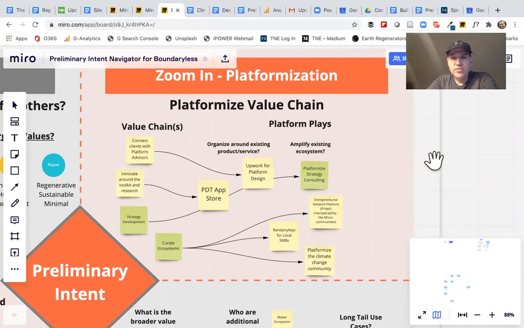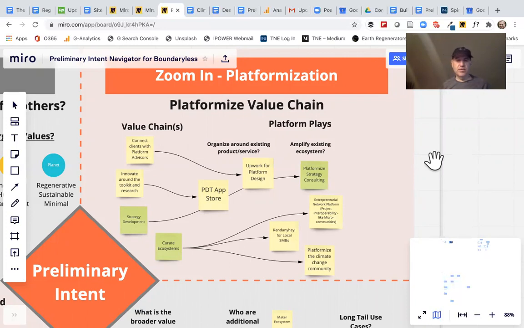So here are some of the platform plays that we thought of, those around building on the current PDT platform and set of canvases to perhaps make an app-like store, which enables people to create things like this Platform Intent Navigator as an app or a tool that could augment Platform Design Toolkit, and then more creating a community of advisors or service providers that have services that complement what Boundaryless and Platform Design Toolkit does. Those were some of the product-oriented ideas we had.